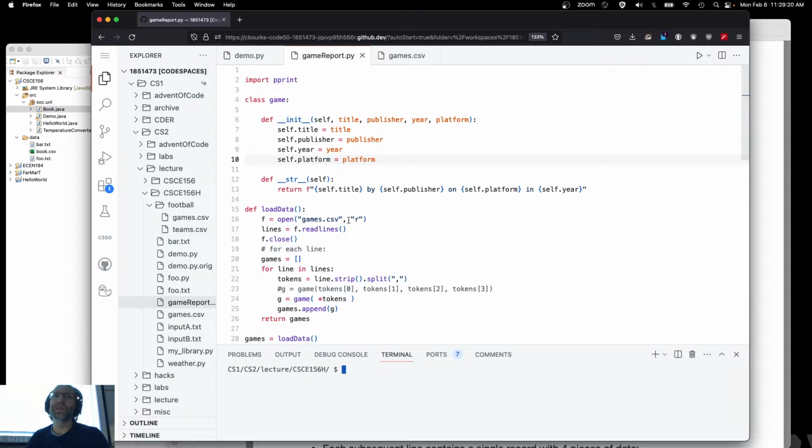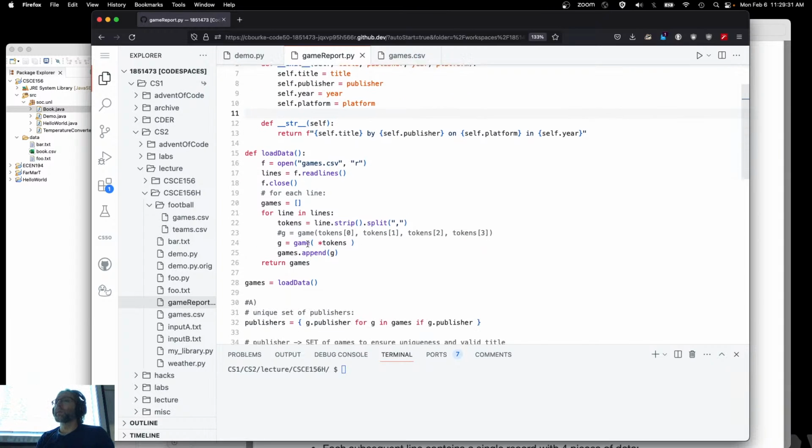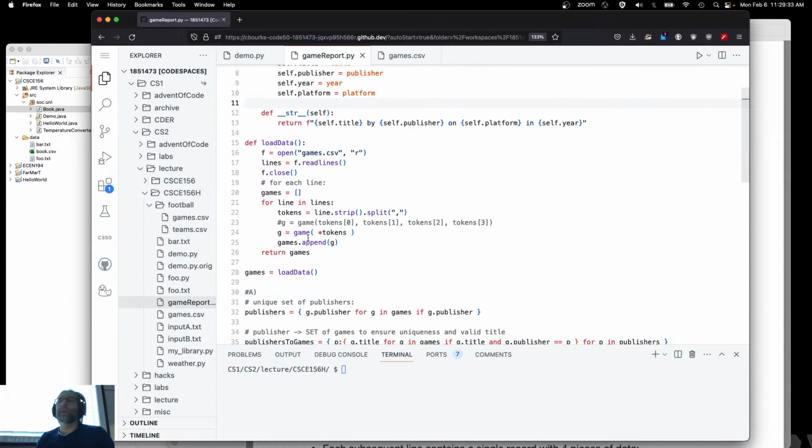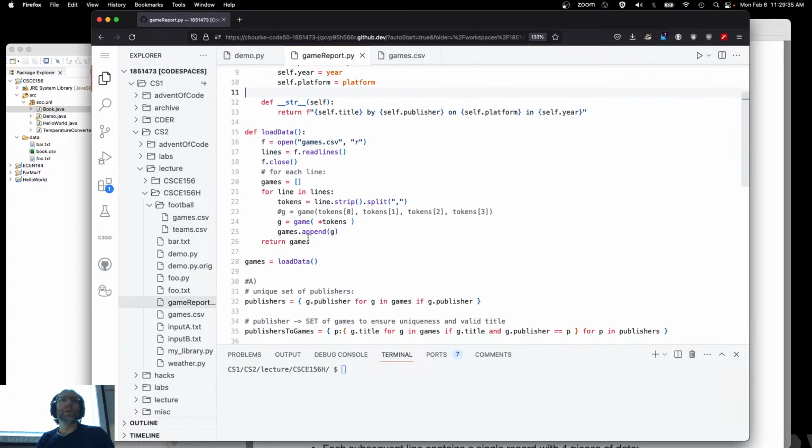I was disappointed with myself because the second that I got back to my office, I realized, okay, this could probably be done in one line. I already posted it on Piazza, but just to share this with you. So once we've loaded that game data, remember that we were trying to produce this report: given a game, how many platforms it's available on, given publishers, how many games have they published, and the first